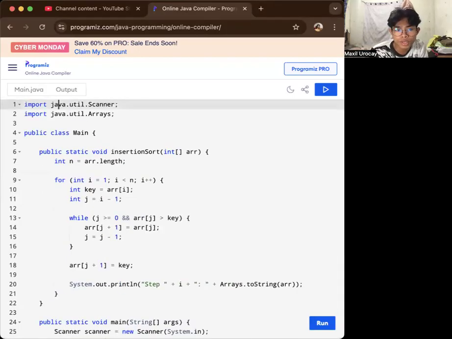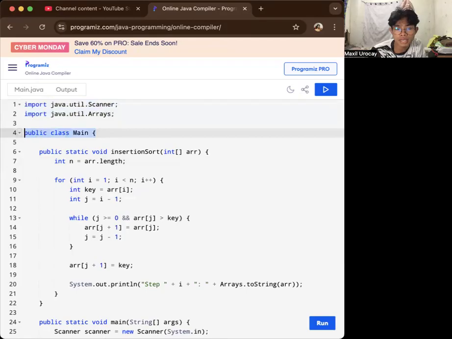First, I use here still the same thing as the selection sort. I still use the import of Java Scanner and Arrays since we'll be making a user-based program. The Scanner class is used to read user input from our console, which is important for the user input as well. And for Arrays, that is important especially for containing utility like the method toString.